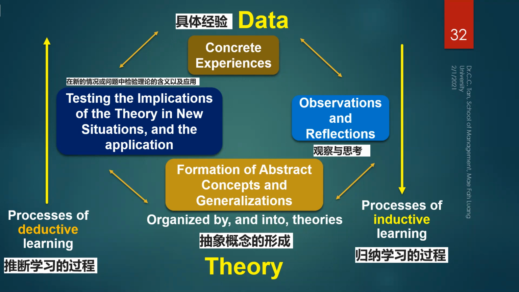Therefore, there are two very important processes. One is from the data to the theory, we call the process of inductive learning, or inductive competency, that you have to build up. And the other one is going up from the theory to the data on your left-hand side, which is called the process of deductive learning, again, the deductive competency. Inductive learning or inductive competencies will generate the competitive strategy and competitive advantage, and deductive learning, deductive competency, and deductive processes will generate the competitive advantage and the competitive strategy differently.